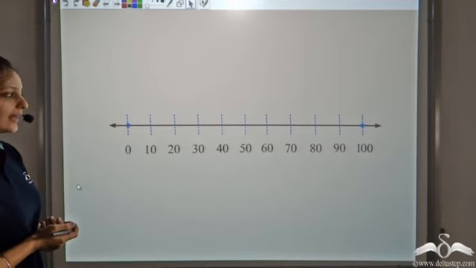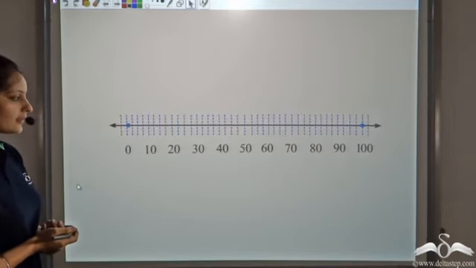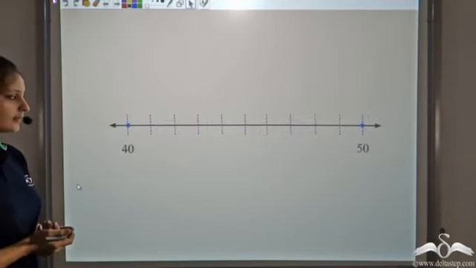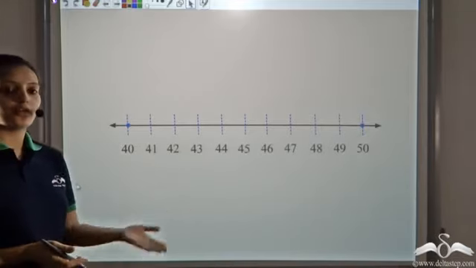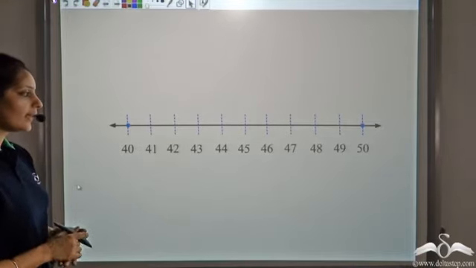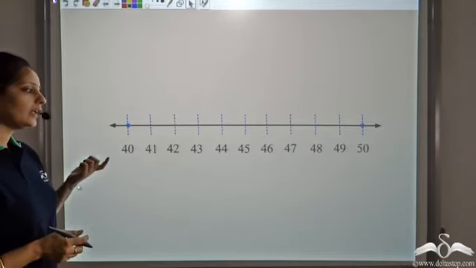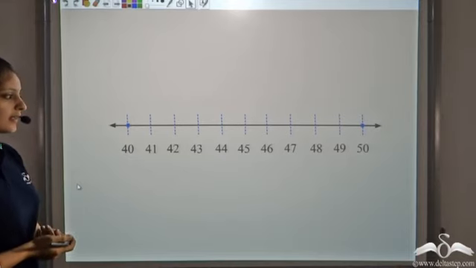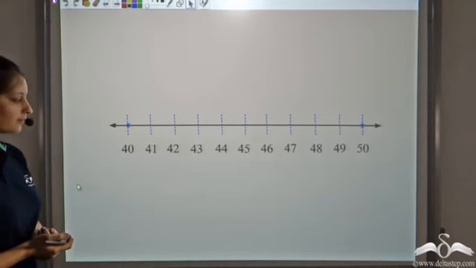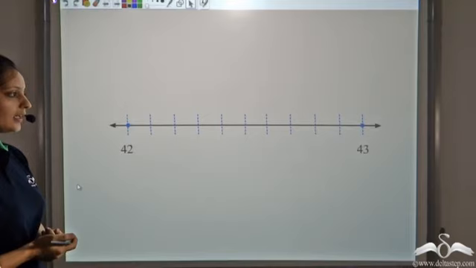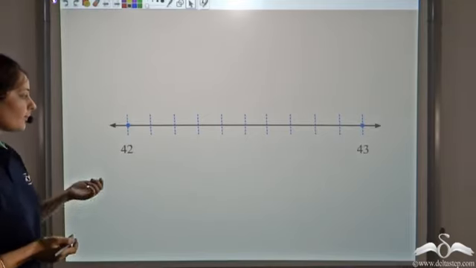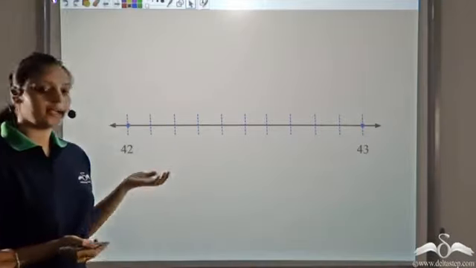So again, we can divide this into 10 equal parts and we get ones, which is 41, 42, 43 and so on till 49. So now, can I again find a number between any two consecutive ones? Let's say between 42 and 43. Can I find a number? Again, I divide each unit into 10 equal parts and this is what I get. Now I've divided this unit into 10 equal parts.